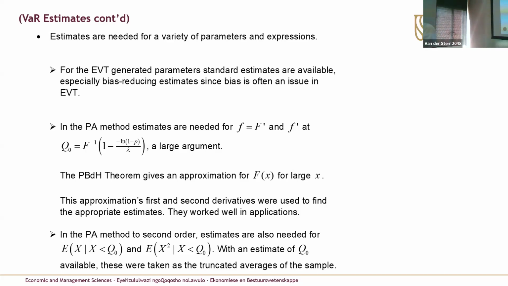Now, it's quite unexpected, because you can think you're going down, down, down in this far tail. But of course, the GPD, generalized Pareto, goes far in the tail. But to think that you would have a good approximation for the density of F and its derivative was a bit unexpected, but it worked well. It very well gave good results.